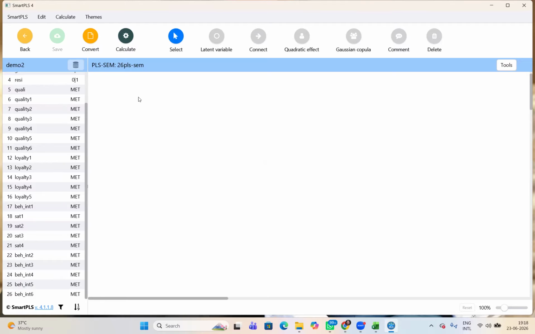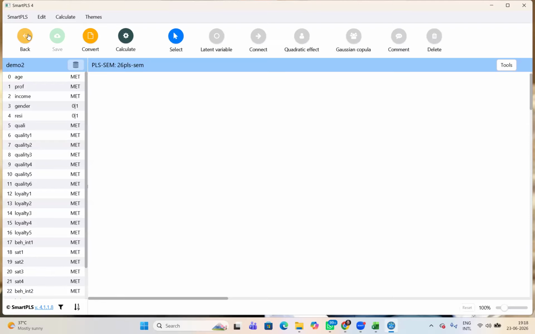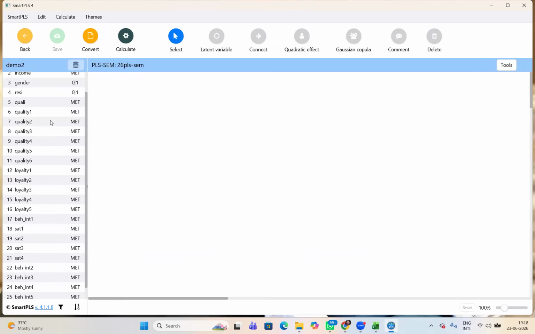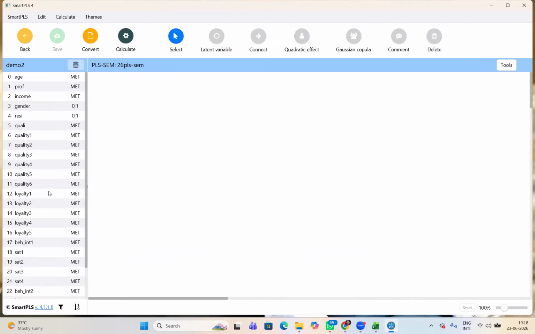Can you please do it from the start, please? Okay, because what we have done, we have imported the data here. By clicking here, I created the demo tool 2-3 times. When I'm clicking here, you will get all the imported indicators. Okay. So now we create our model, which is proposed by you.